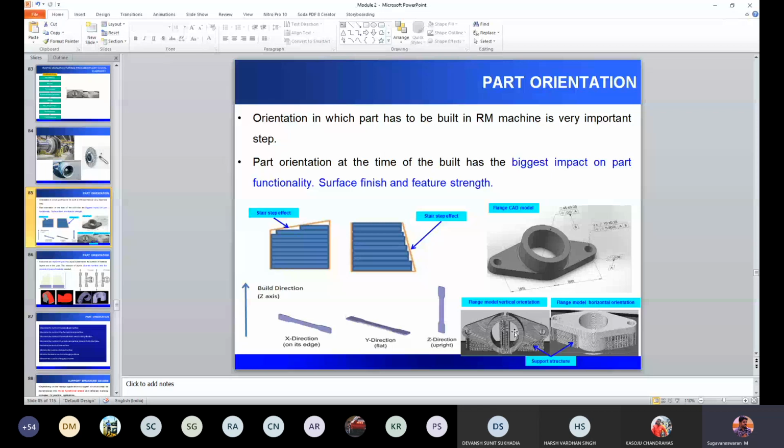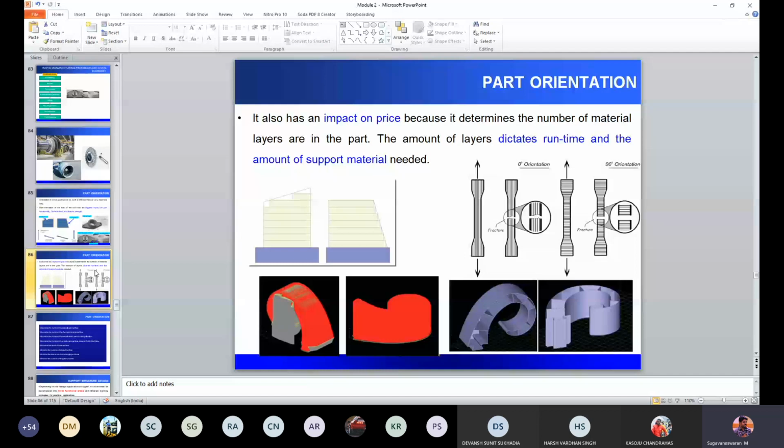If the load is acting along the axis of the hole, that is, this is the axis and in the same direction I'm going to apply a load, then the first orientation is best. If we apply along the axis in the second, again along the axis you have an interface, so this will easily get damaged, or you may have less strength. So the ultimate objective of part orientation is to minimize the support structure, to minimize the cost of printing, to improve the surface finish, or to print a support with a functional surface which is very critical, and also to optimize the strength, in which direction you require the strength.